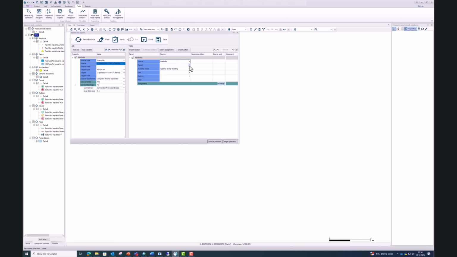And then for the target, I have to find what MIKE, in this case, has for what the manholes or junction are called in the MIKE software. And this is called MW_junction. So this means that my GIS manhole elements from my shapefile will be targeted or linked to the junctions